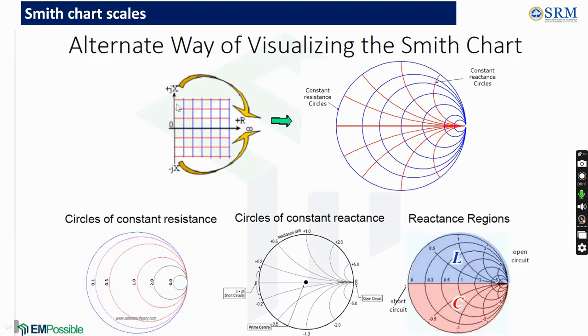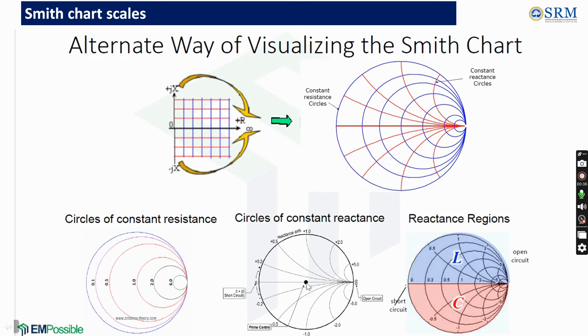In this session, let us see various scales available in the Smith chart. So we know that the impedance of a transmission line, which is a combination of resistance and reactance, is converted into constant resistance circles, which are the blue circles here, and constant reactance circles, which are the red ones. The superposition of the constant resistance and constant reactance circles is a complete Smith chart, where we can see